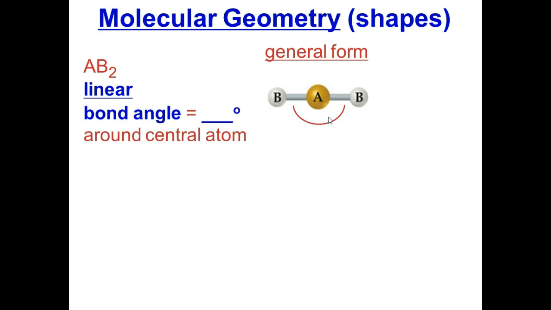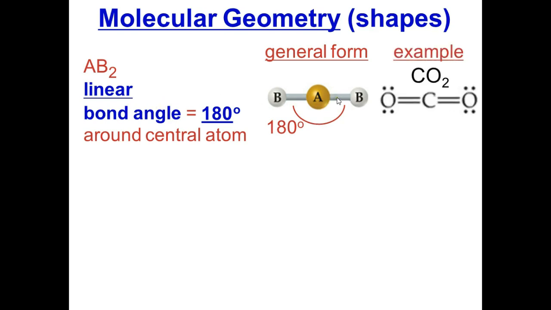So it forms a straight line, and from geometry, a line has 180 degrees around the central atom, or the vertex. Just think of this as a line. An example of a linear compound is CO2. You can see how the carbon is in the center, and it forms a straight line with these 2 oxygens because of how they're bonded, and their electrons, the domains. And then we have the second shape, which is